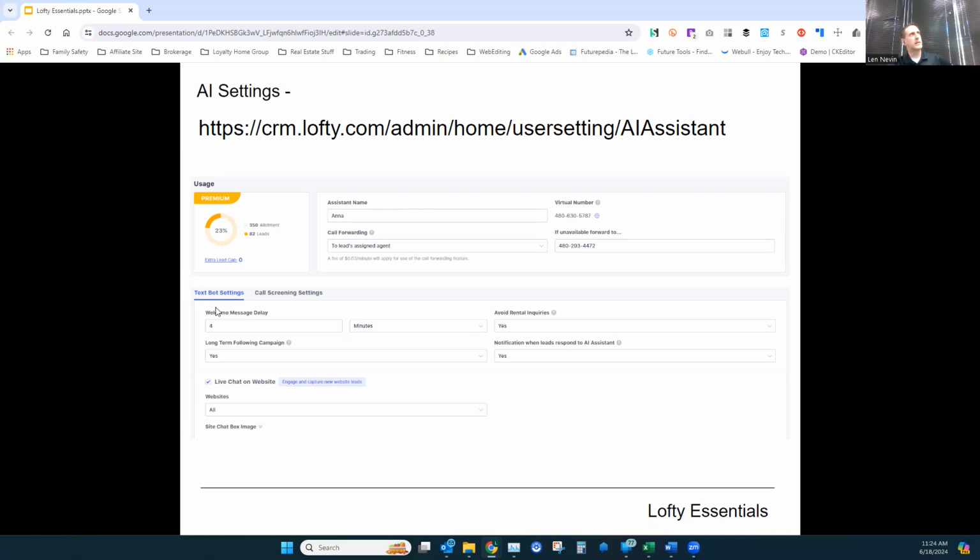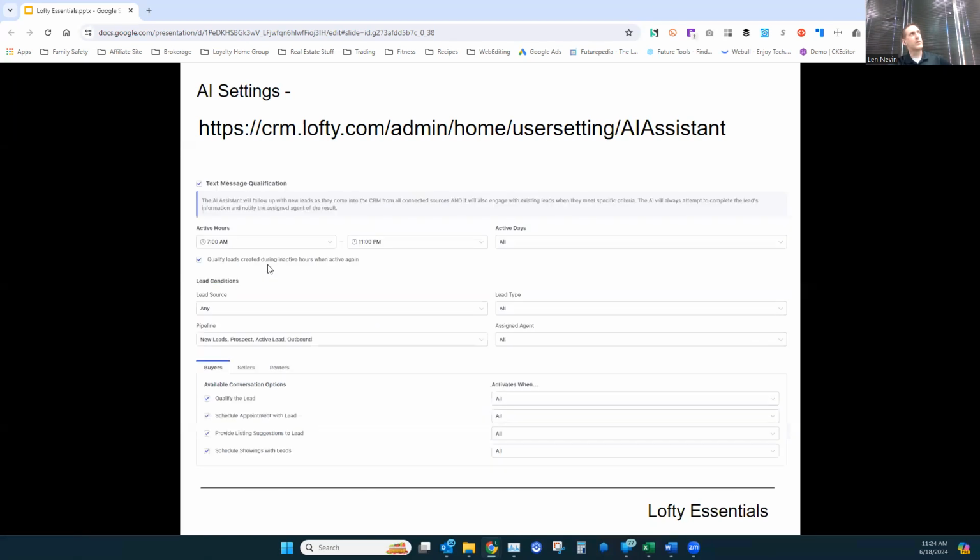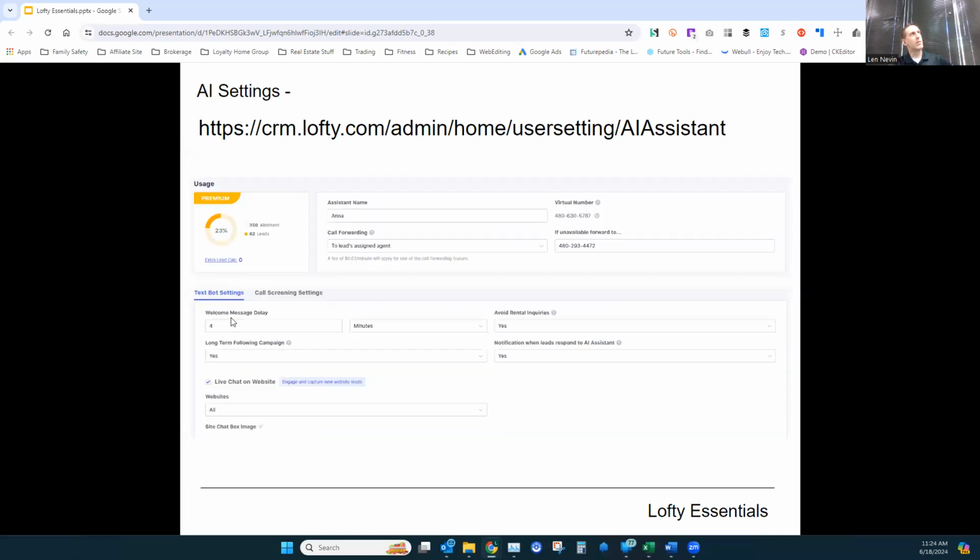The text bot settings. I'm not going to go into call screening settings because that's a new setting that they just came out with, and to be completely honest with you, I haven't even really had time to play with it and test it in real life. But the welcome message delay, I have set for a 4-minute delay. I don't want it going in right away. My thought process on that is